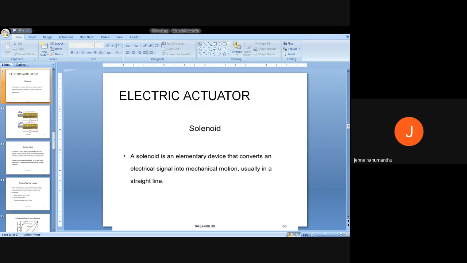So under this electrical actuator, the first example is solenoid. Solenoid converts electrical signals into mechanical motion, in and out, with the help of the plunger. Second example is electrical motors. That may be DC motor, that may be AC motor, that may be sometimes stepper motor. Draw this diagram. This is about the electrical actuator. Electrical actuator simply converts electrical signals into mechanical motions. And we'll see one more,